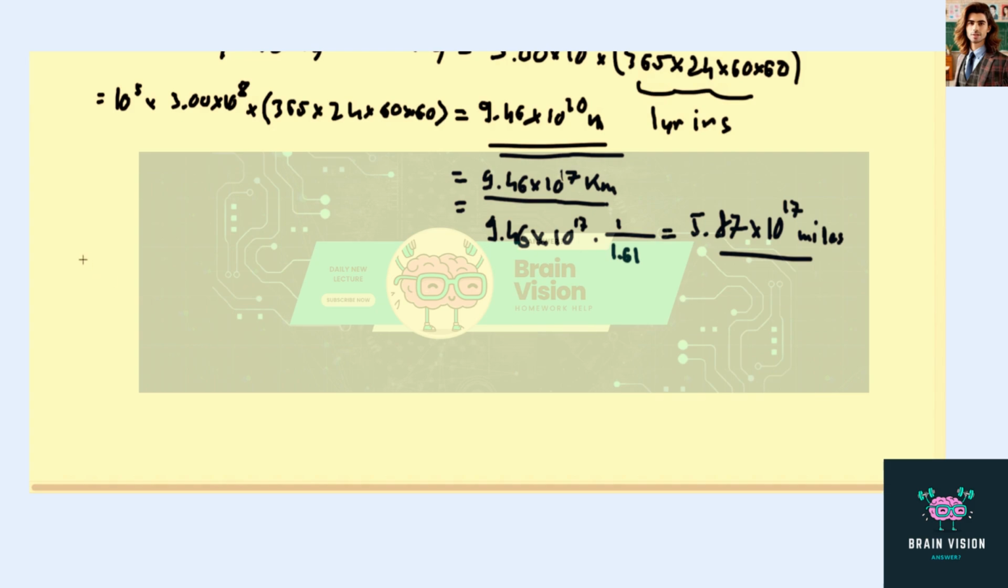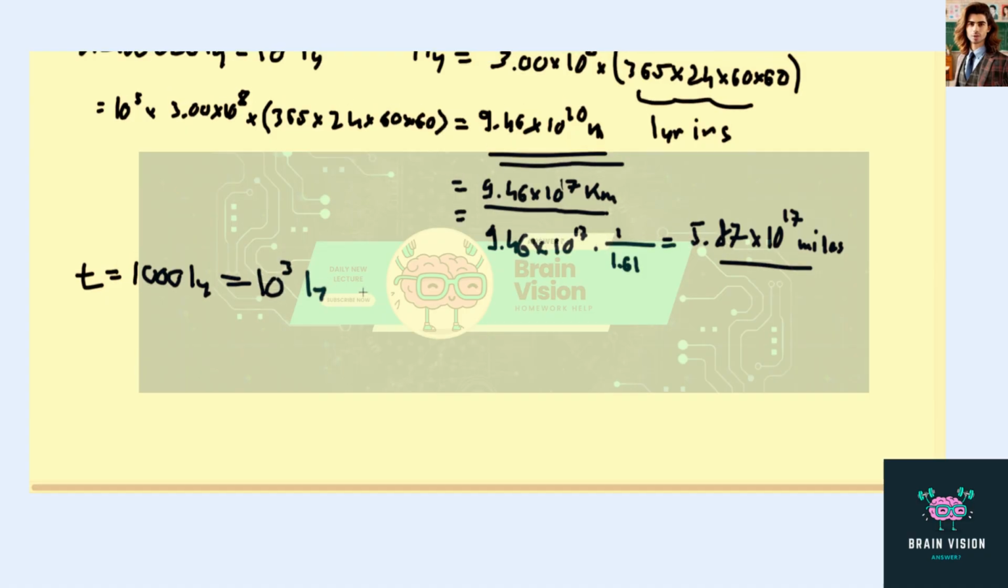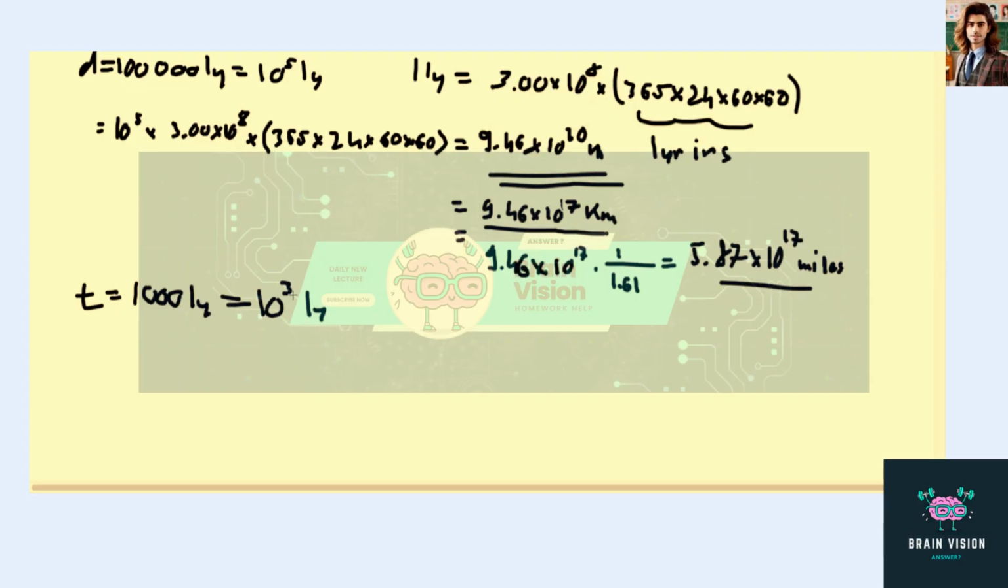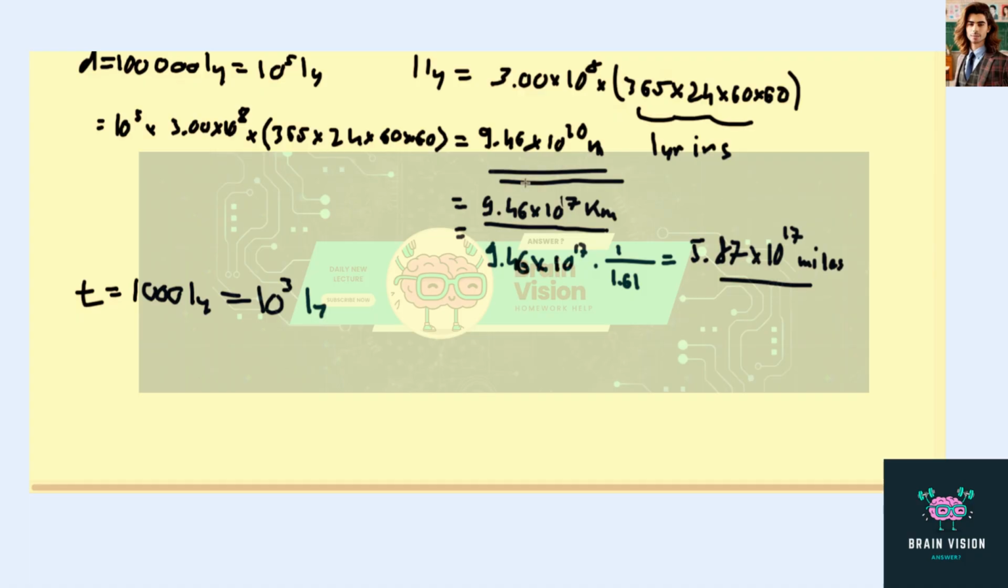And then for the second part, we're asked to find the thickness of the Milky Way, which we're told is 1,000 light years. So let me just write this as 10 to the 3 light years, again in meters, kilometers, and miles. But notice that this is basically just 10 to the minus 2 times the same measurement as was for the diameter. And so you can just